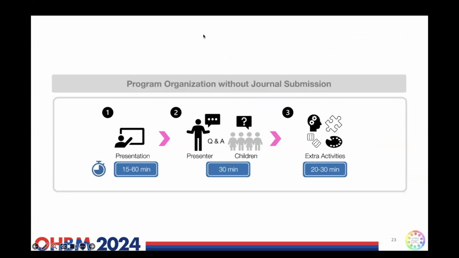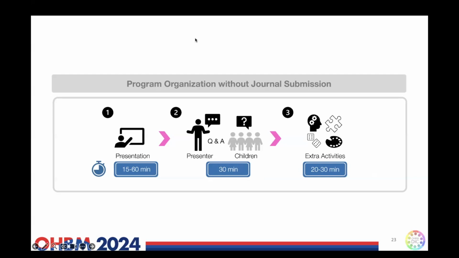If the presenter is not planning to submit a manuscript for journal publication, it can be a little bit simpler. They prepare the presentation and recruit the children participants, classroom or teachers. And at the live event, they can present about their research or other related topics.